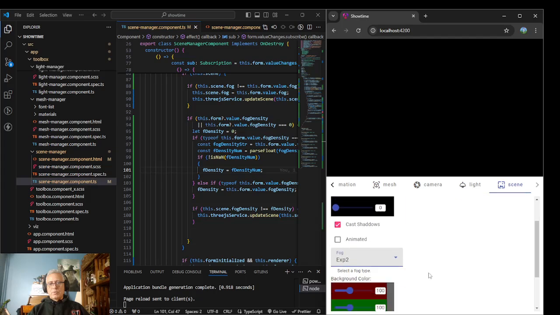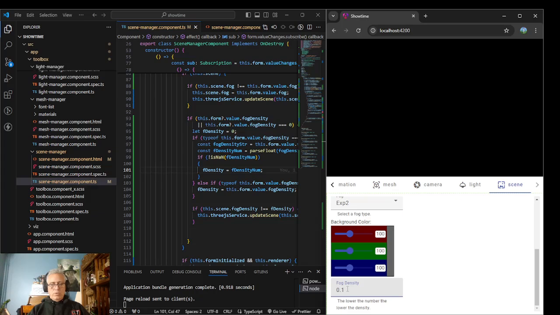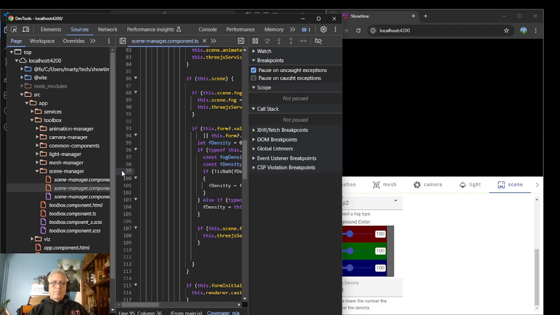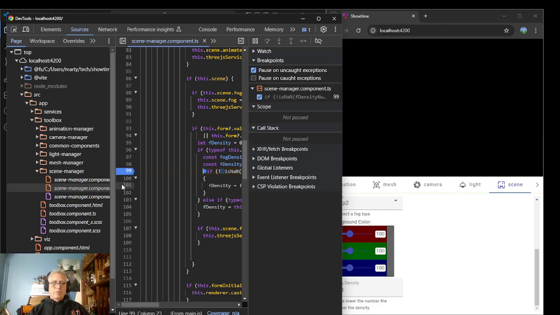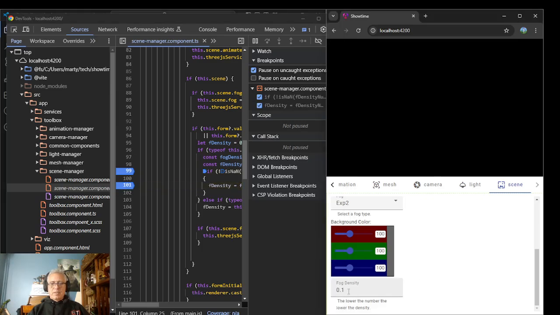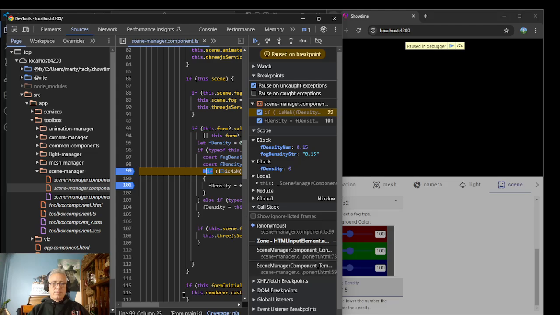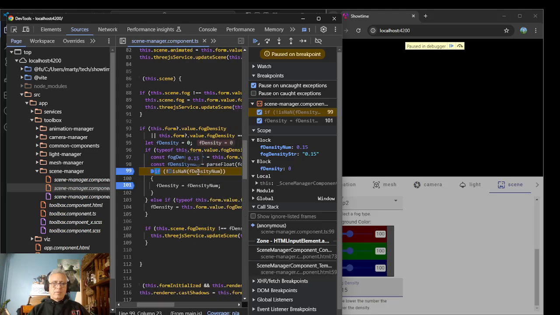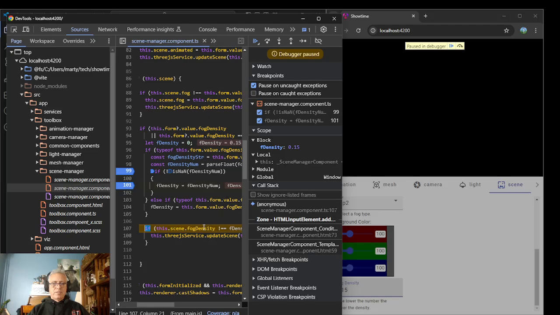So x2. No, still. Really, this is the guy I care about. Okay, just add a 5. 0.15, that looks good. F density is 0. So F density becomes 0.15. We're saying if F density is not,